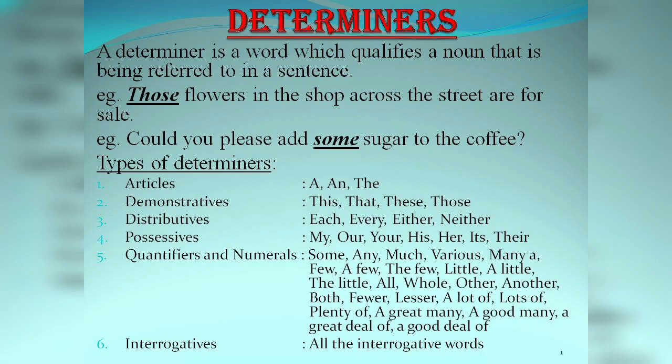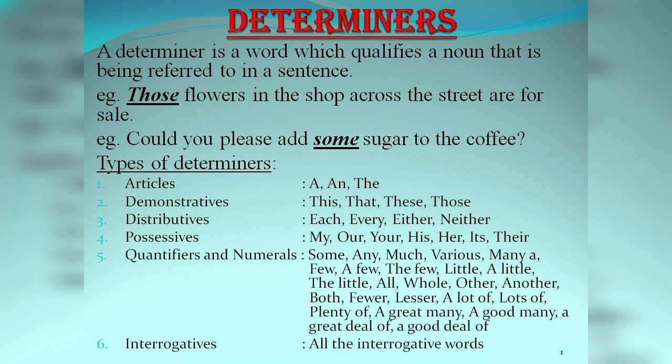Hello students, through this recorded session of English, today I will explain a grammatical topic, which is determiners. As the definition says, a determiner is a word which identifies the noun that is being referred to in a sentence. We can say that the function of a determiner in a sentence is to ensure and identify the noun that is being referred to. It means a determiner comes just before a noun to identify it, to ensure it.